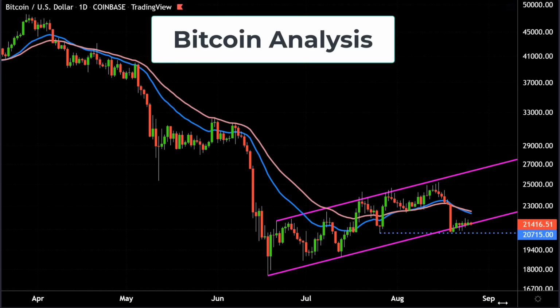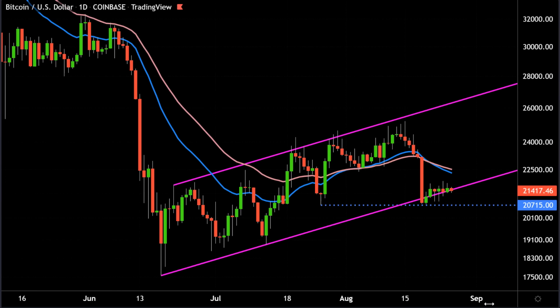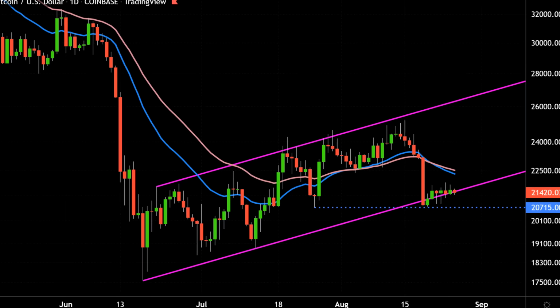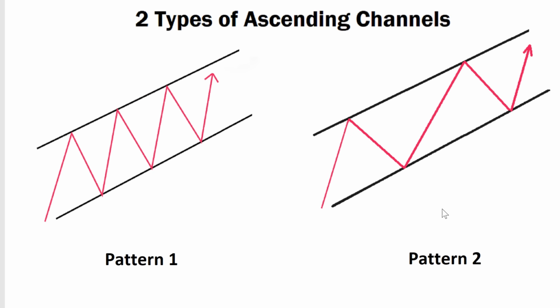In this video, I want to take another look at the chart of Bitcoin, especially now that Bitcoin has come down to the bottom section of this channeling formation here, the channeling formation I mentioned some weeks ago. And you can see it's now hugging the bottom part of that rising trend line and this ascending channel. And I want to explain to you what this potentially means in the context of these two types of patterns. All right, guys, join me.